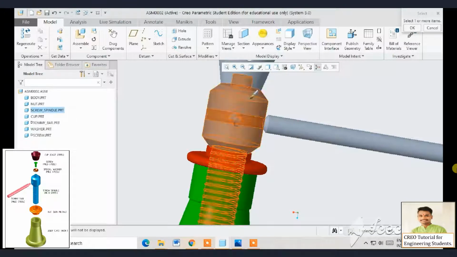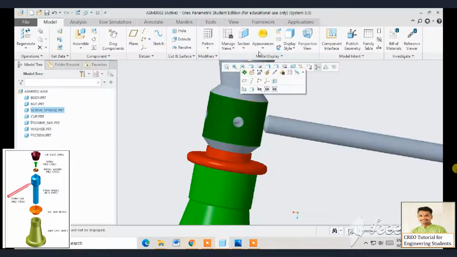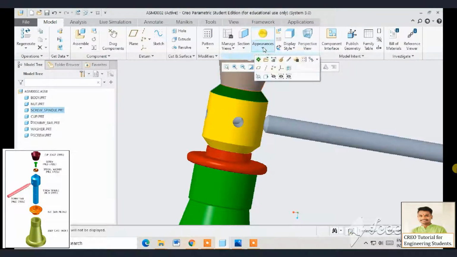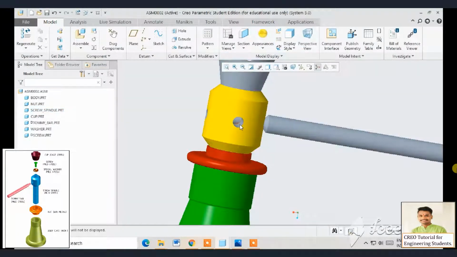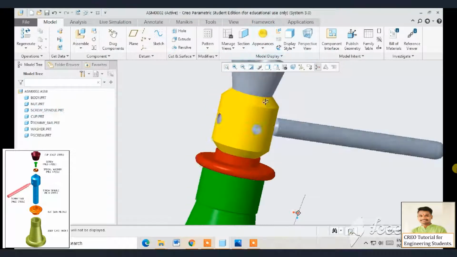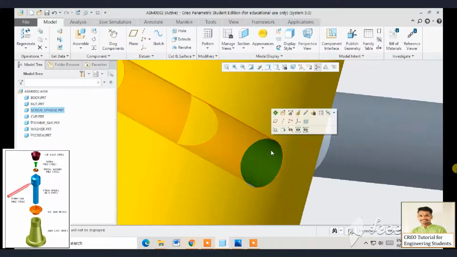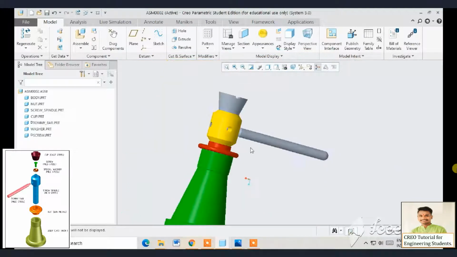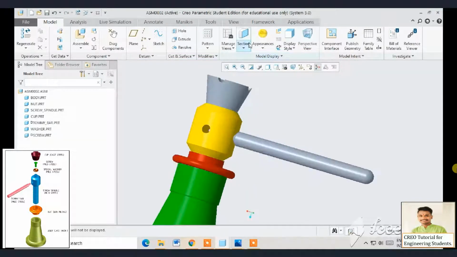Now my screw spindle is yellow, I want yellow color. For this I am going to select the color and click on the appearance. In this way I have given the yellow color for this screw spindle.